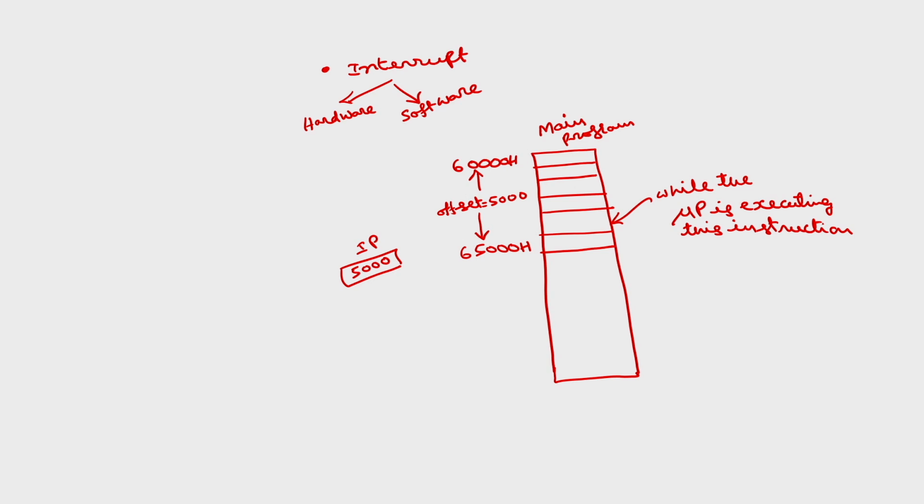The microprocessor is supposed to execute the next instruction after this instruction, but while executing this instruction, the microprocessor has received the interrupt. So, what the microprocessor will do is, first it will execute the current instruction. After that, instead of going for the next instruction, the control will go to a subroutine called the interrupt service subroutine, which is similar to the subroutine which I have just discussed for the call instructions.